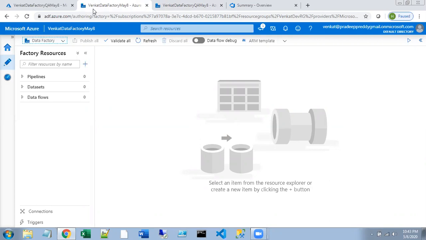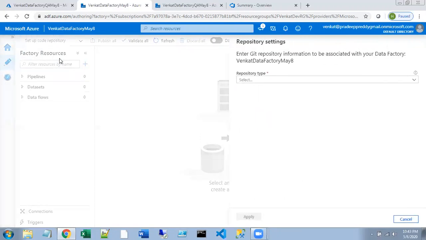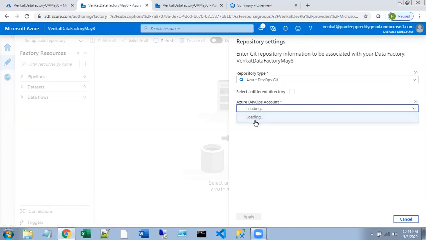The first thing, in order to implement continuous integration and continuous deployment, you have to set up your code repository. You click here to set up your code repository. My repository type is Azure DevOps. The account I'm having is this one, I have already shown you this.